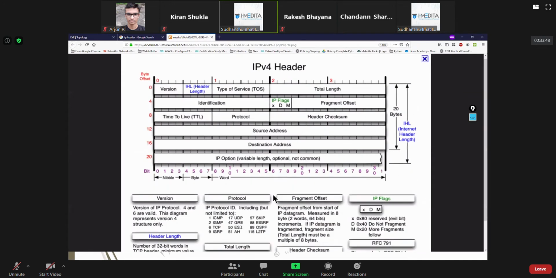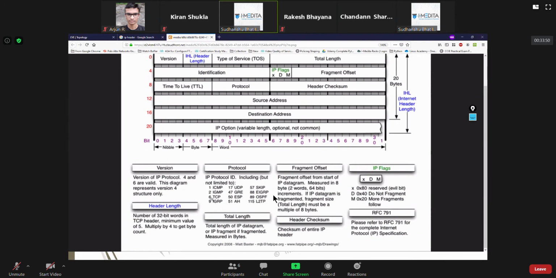There are a lot of these values. If TCP is there, it tells what is encapsulated within the packet: TCP 6, UDP 17. So this is where I'm saying the value 99 will be.